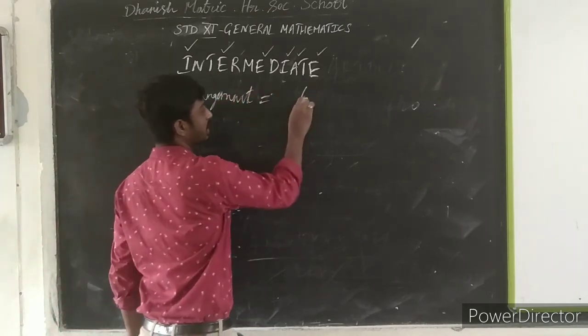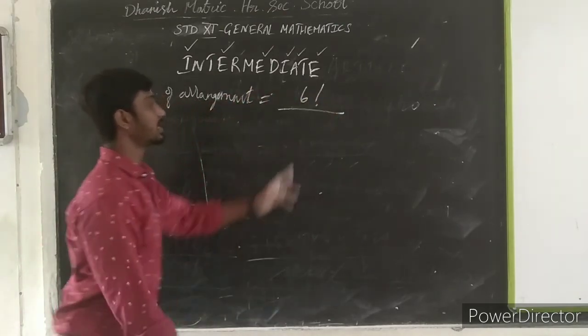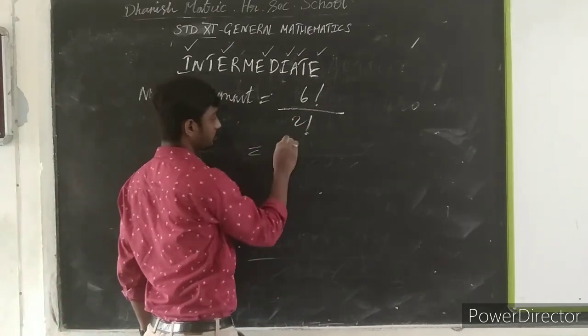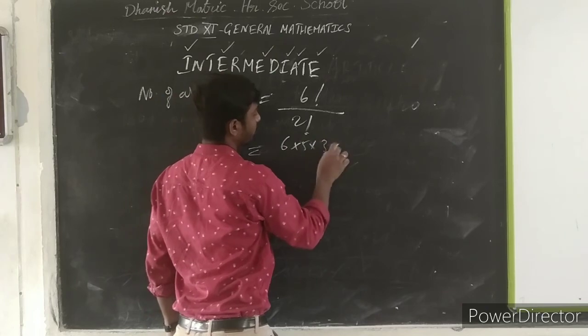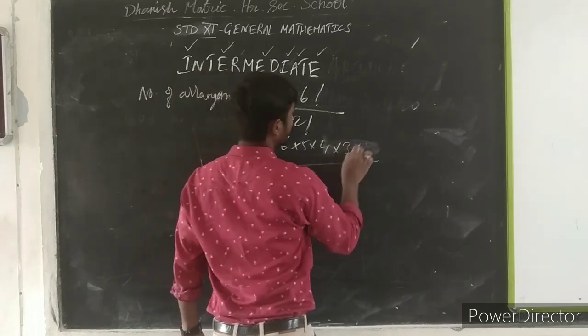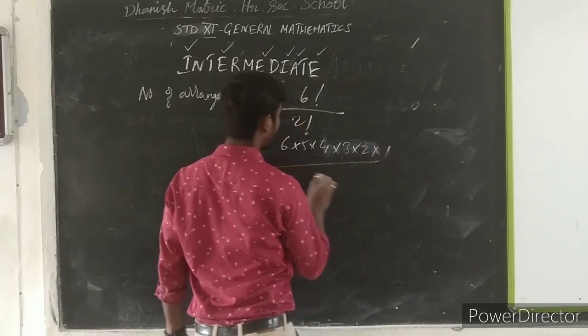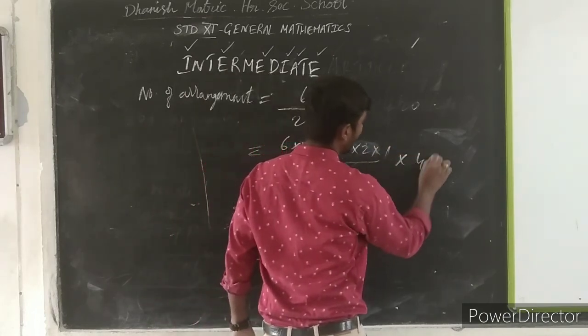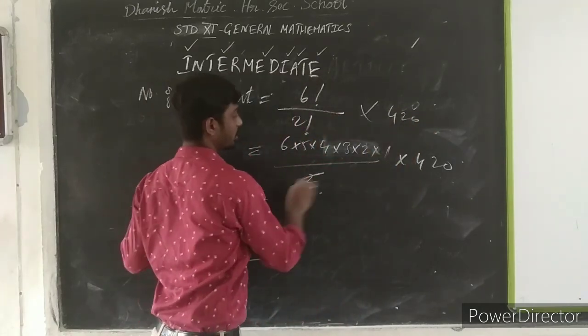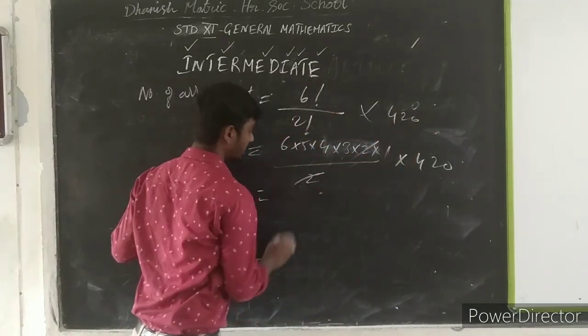What is the number of arrangements? 6 factorial divided by 2 factorial, that is 6 into 5 into 4 into 3 into 2 into 1 divided by 2 into 1. Multiplying by 420, the 2 cancels, so you get